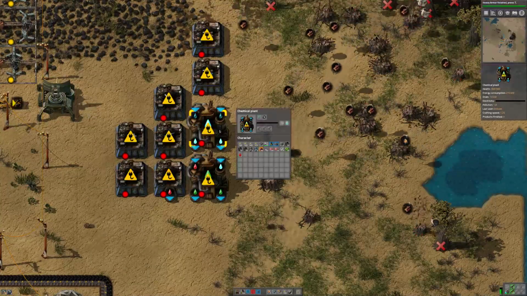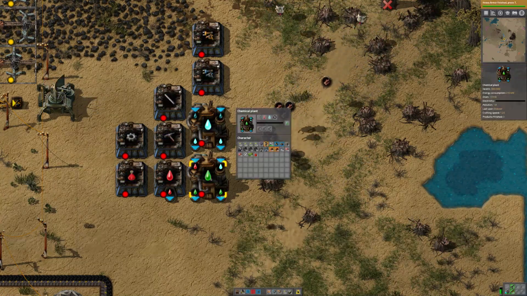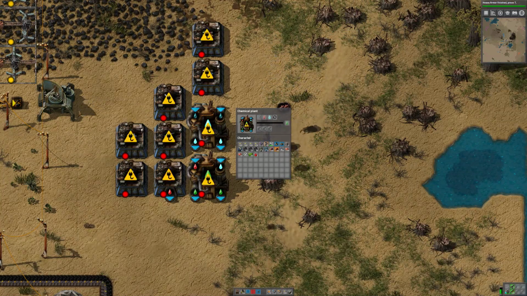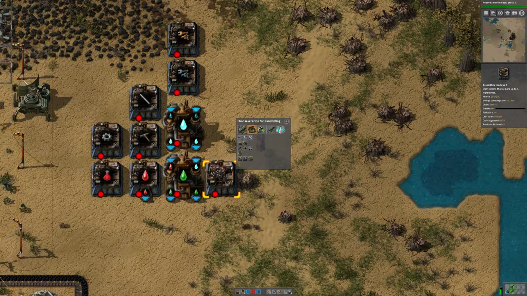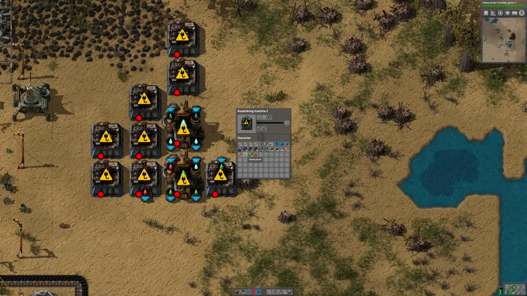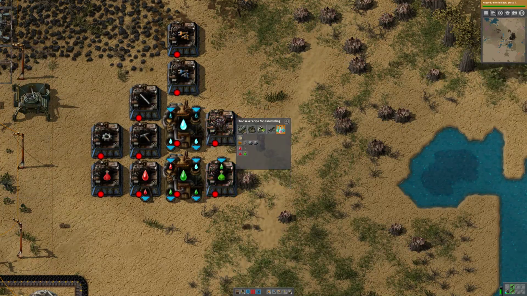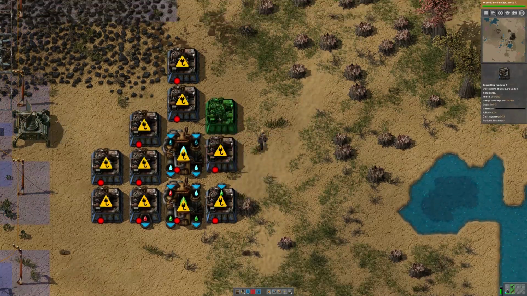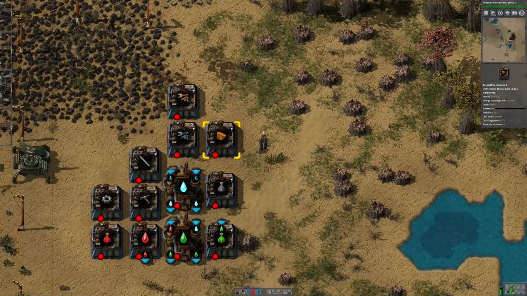Okay, so this then, we need to bottle it, I believe. So let's go to the green science. This requires the fluid and an empty bottle. So the empty bottle requires glass and cork. Okay, so cork,